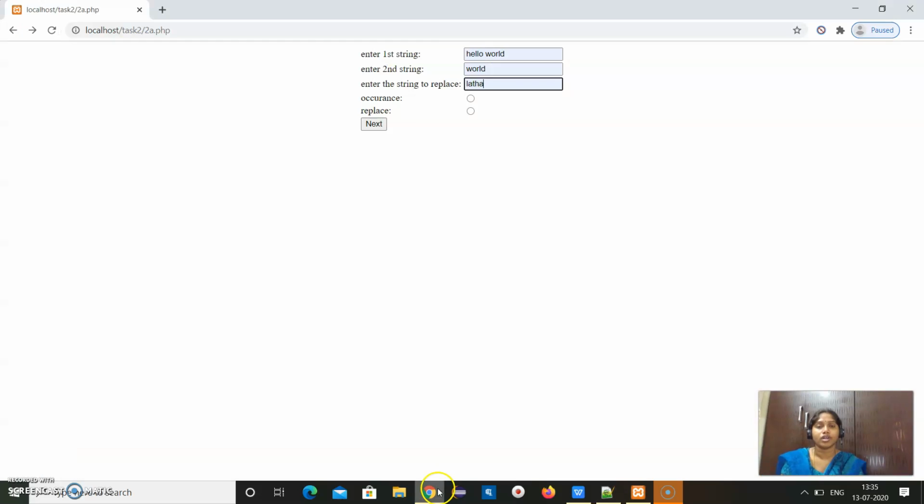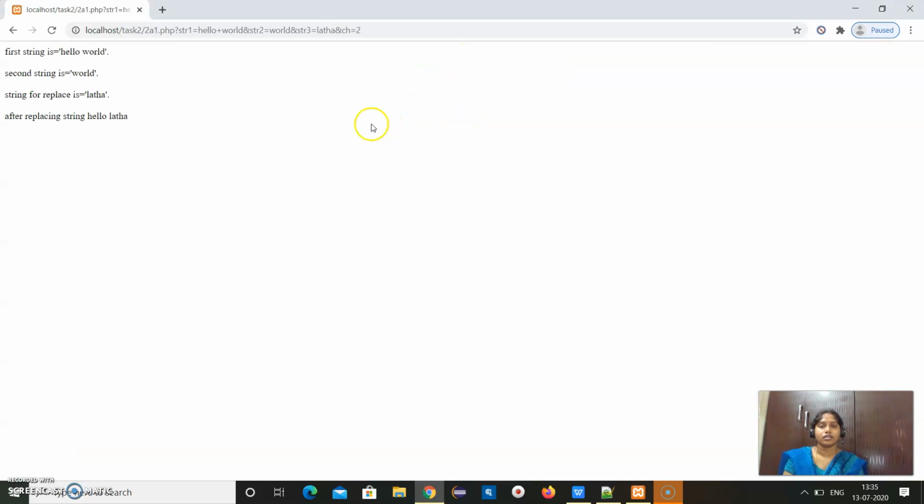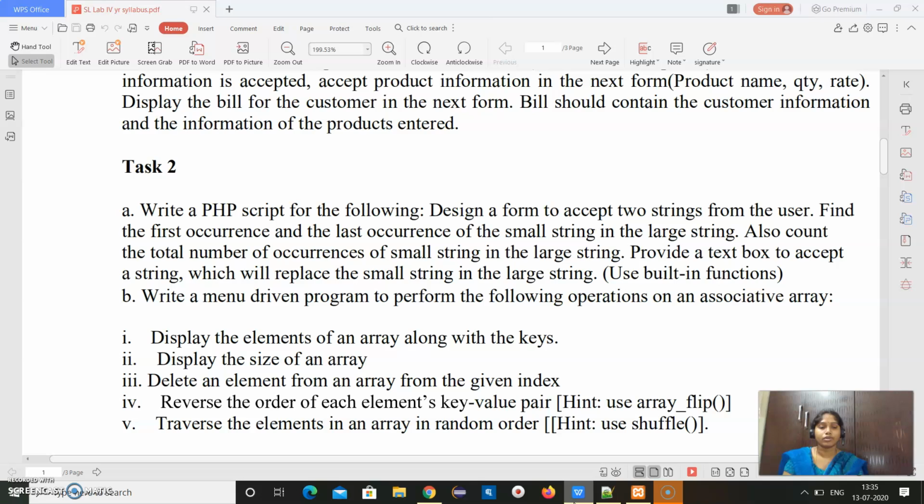We'll just check the output. I'm selecting replace. If you see here, hello world, the second string is world and the third string is Lata. After replacing the string, hello Lata will be displayed. I hope everyone understood. Now coming to the second part of our program, which is to write a menu driven program